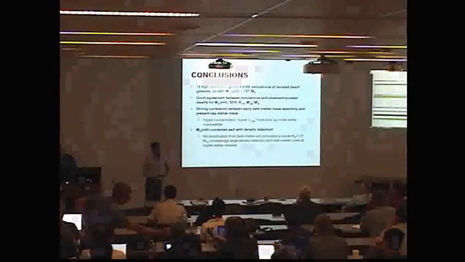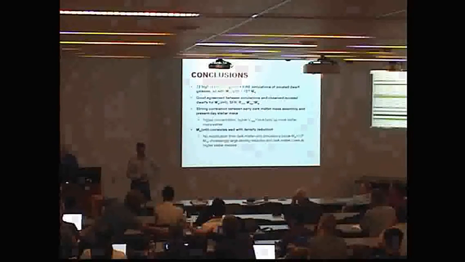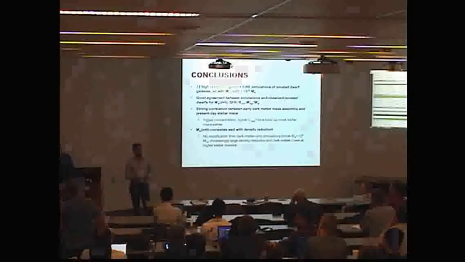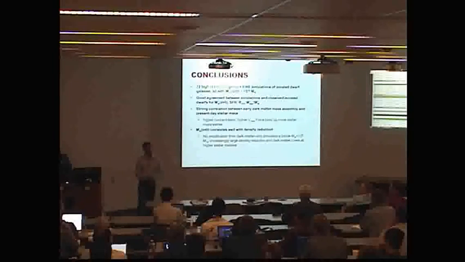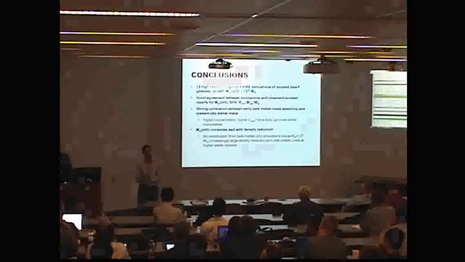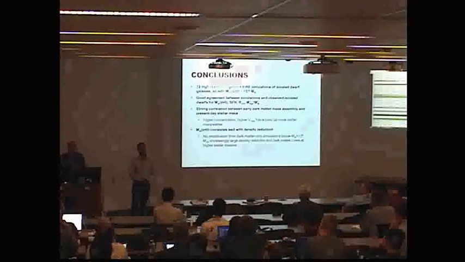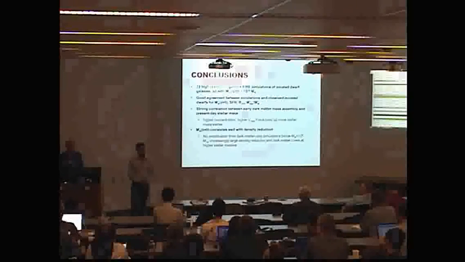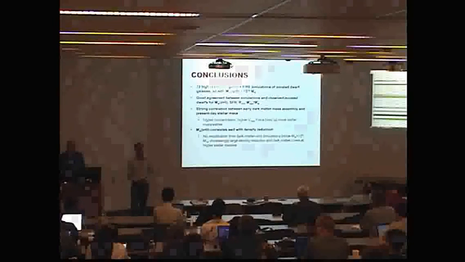Did I understand correctly that you're predicting a large scatter in the stellar mass-halo mass relation at 10 to the 10 solar masses? At 10 to the 10 solar masses, yes, we're predicting there's roughly 2 orders of magnitude in the spread at this fixed halo mass. I'm not sure if I can really say much about the scatter for other halo masses, but at this very fixed halo mass, there seems to be quite a large scatter in stellar mass. I'm not sure if I can comment on that further.